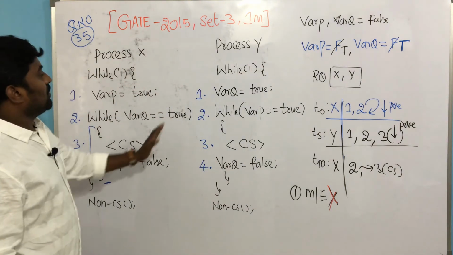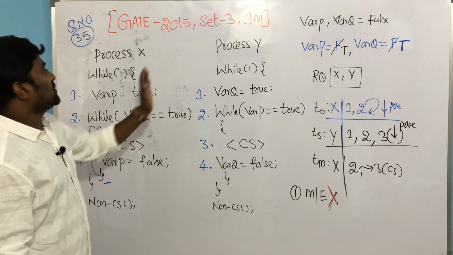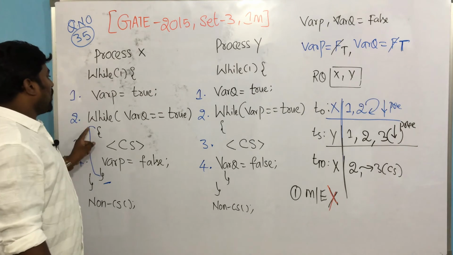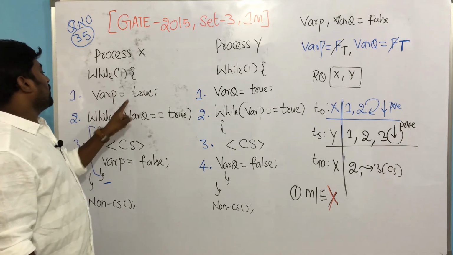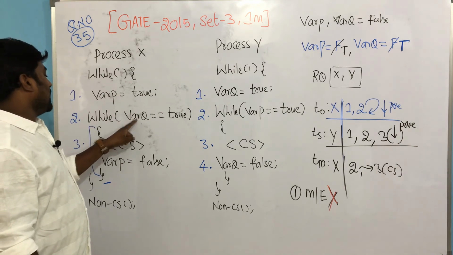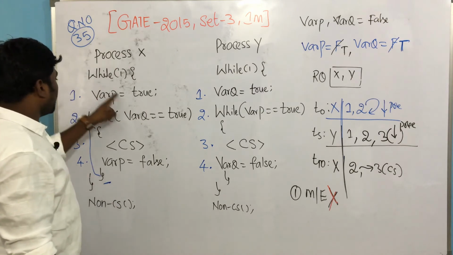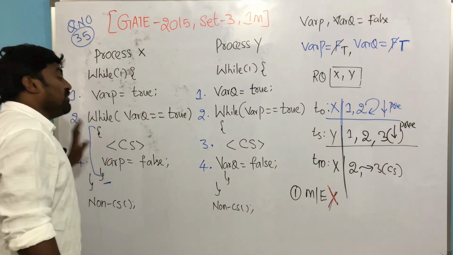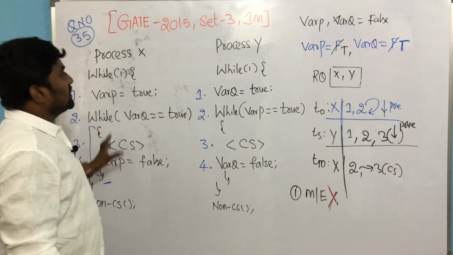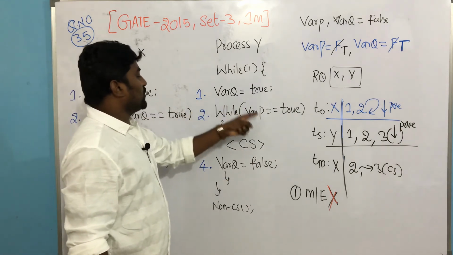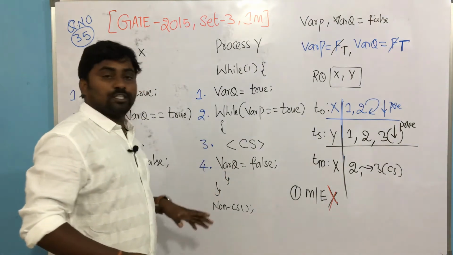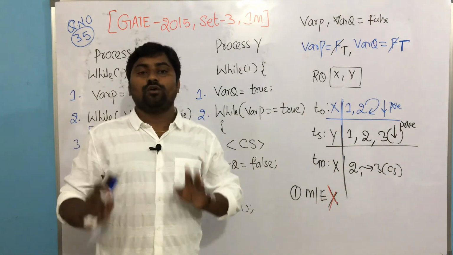So initially when Y was not running, when you run X first, what happens? Var p equals true, but var q equals not true, so the condition fails. It keeps on repeating the same loop, or not? Yes or no? Please understand, as with X, if Y also repeats the same condition without entering the critical section, then both keep on executing the while condition only, and that may lead to deadlock.